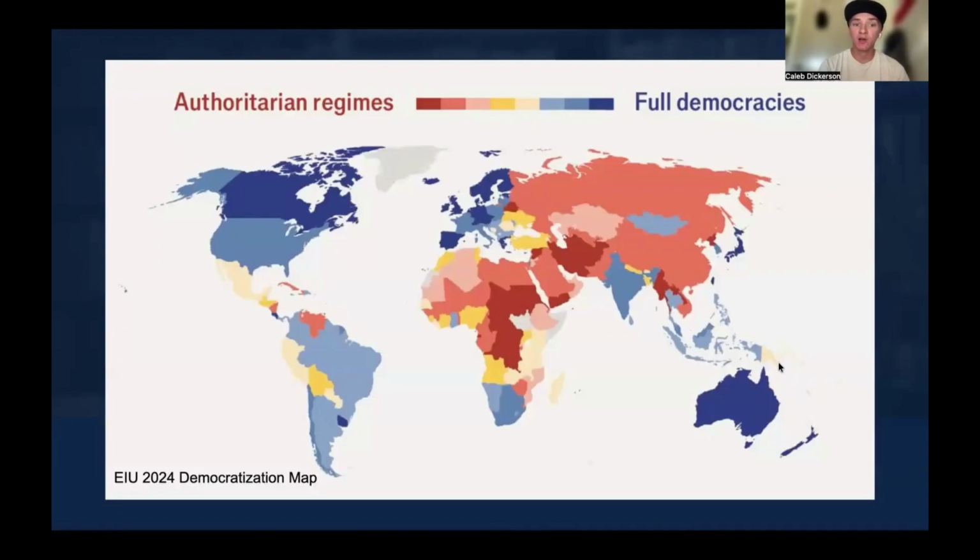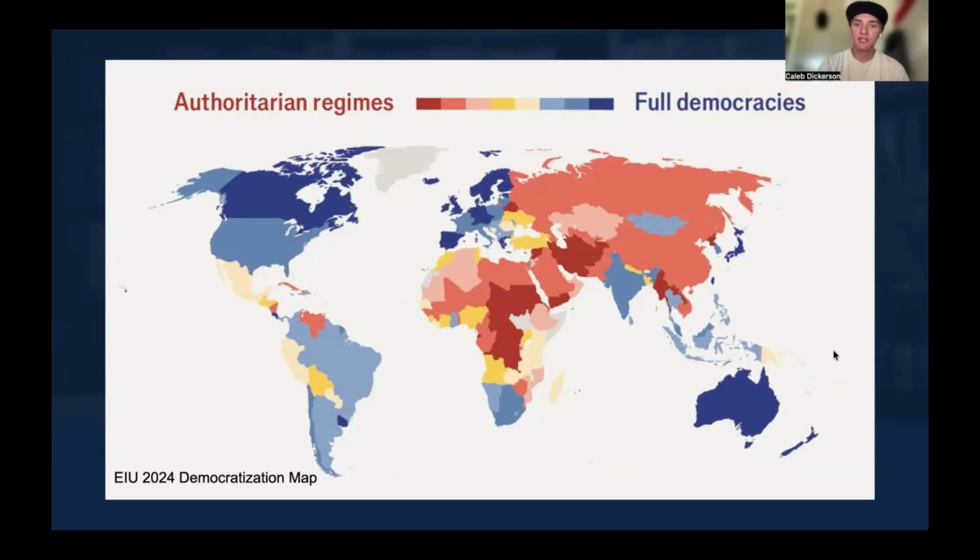Here we have a map of all the countries in this study. Blue would be full democracy, while red is an authoritarian regime. We can see here that Western Europe has on average very high scores, while Sub-Saharan Africa has lower scores. We see many developing countries. India sits in the middle of this, right? We see them as that light blue shade. They're not authoritarian, but they aren't quite a full democracy just yet. We saw in the last slide that they fall short on civil liberties. They are on a positive trajectory, though, and are moving to be more democratic.